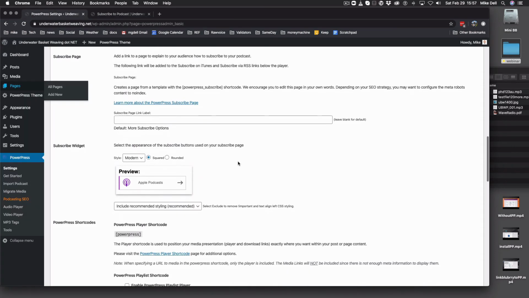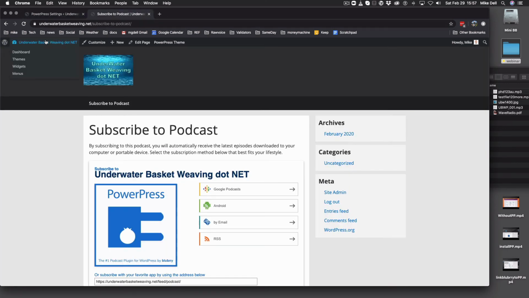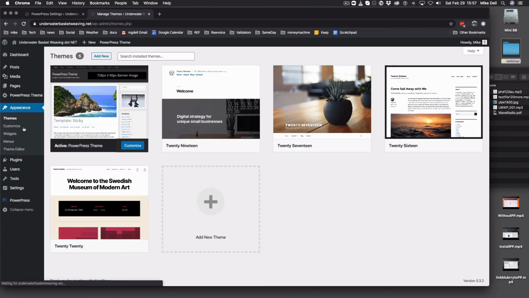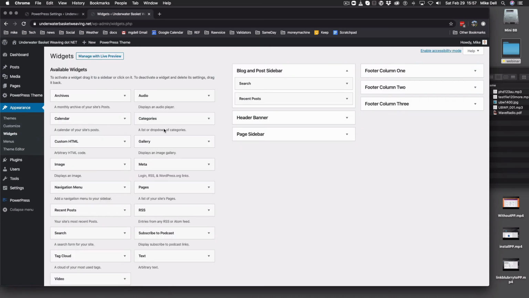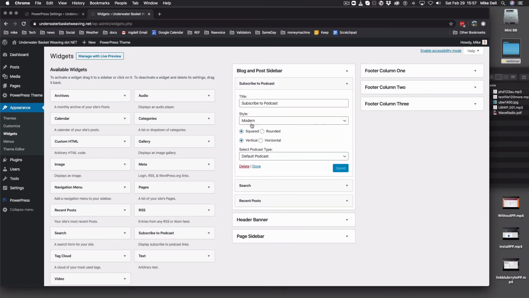And if you scroll down a little bit further, you can customize the subscribe widget if you're going to use it. The widget is just that. It's a widget. So if you go to the background, go to Appearance and Widgets. Okay, you can grab that Subscribe to Podcast widget, which is right here. Drag that into the sidebar and drop it in there. And in here you can actually